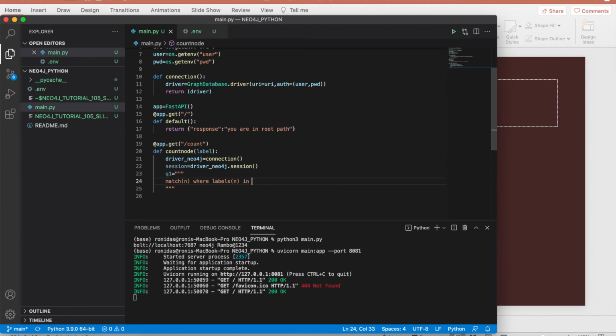in dollar label, which is a variable. Okay, return n dot name as name, then n dot, I believe, n dot count. N dot count is not required, count of n is required. Count of n as count. Okay,